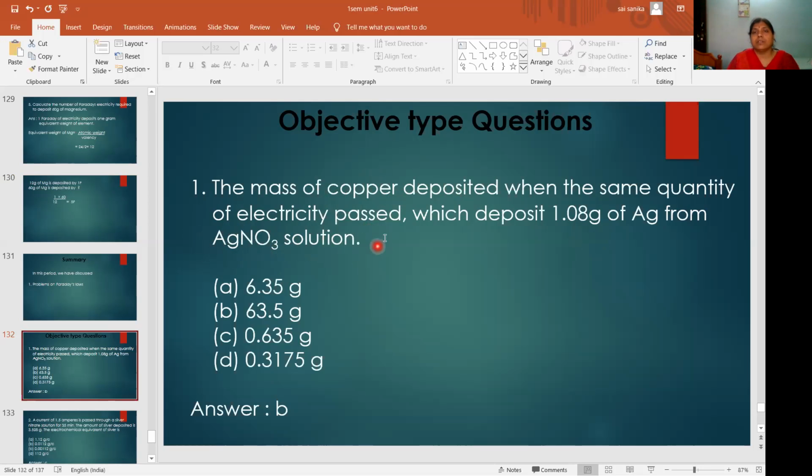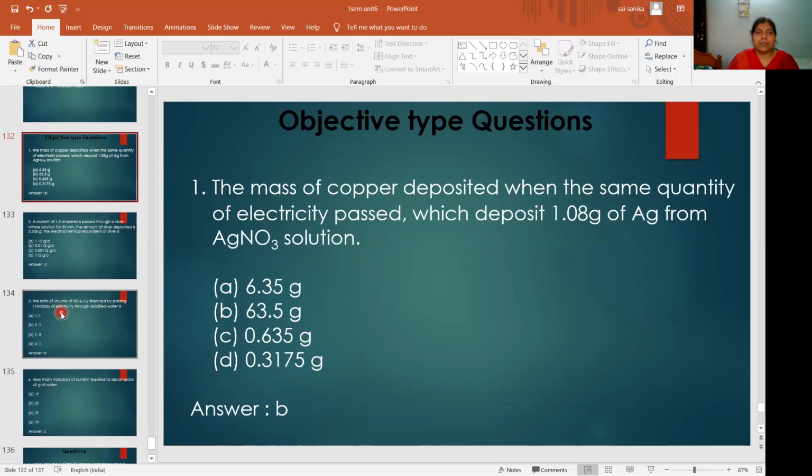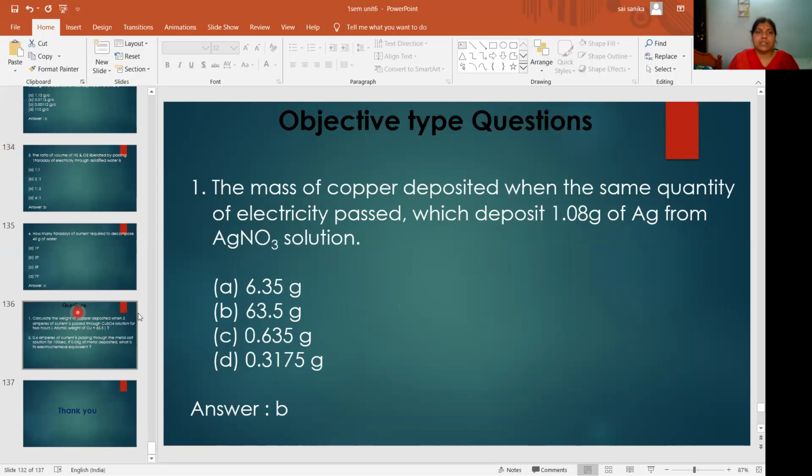So 108 by 1. So W1 by W2 is equal to E1 by E2. So if you know W1, you can calculate the weight of copper by taking W1 by W2. So like this you have to solve the problems. So with this we finish this